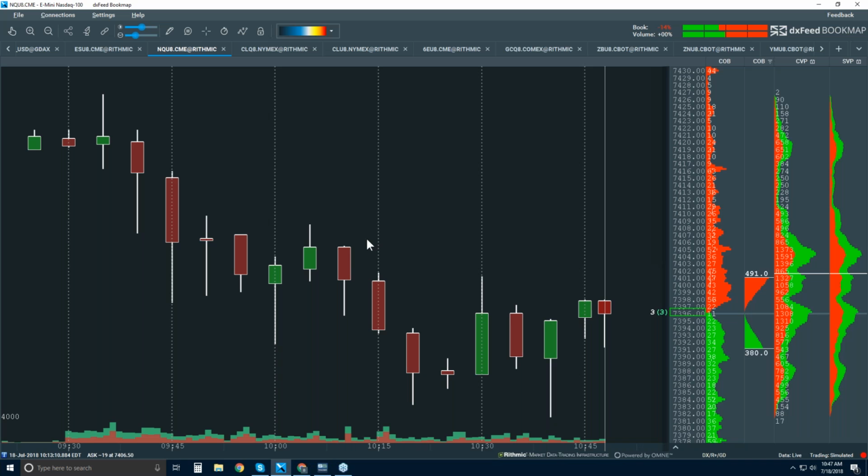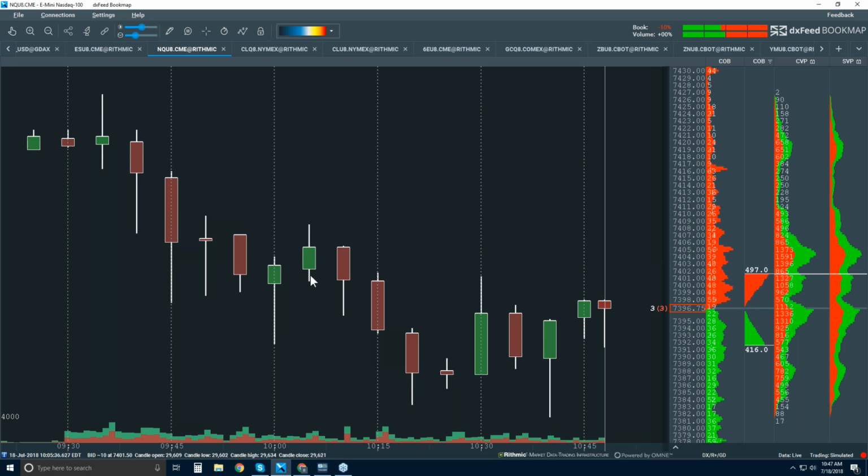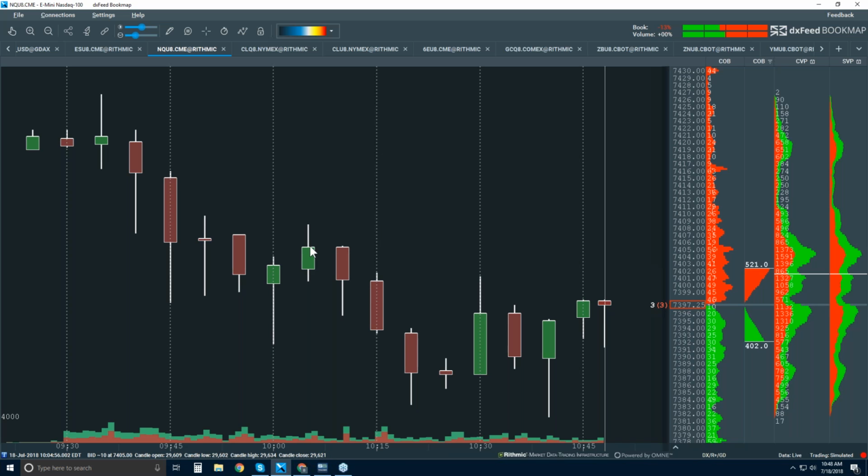Now, this is a view we're very accustomed to. This is a 5-minute candlestick chart, 5 minutes of data within a bar. Open, high, low, and close. 4 data points per candle. That's all you're getting here. I like candlestick charts. I have nothing against them. I think they're good for aggregated data on higher time frames,